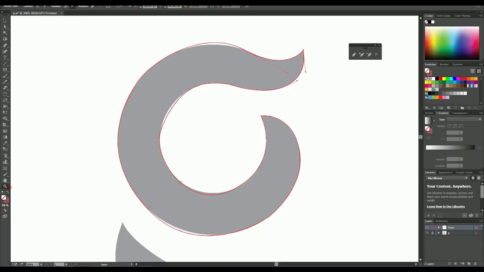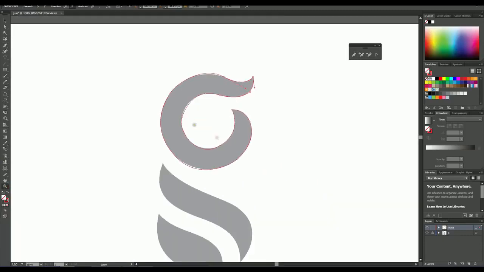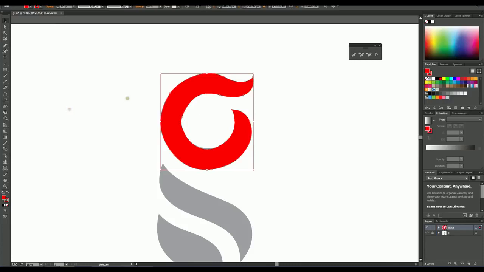So if I just zoom out of that again, okay, as you can see guys, I wasn't overly exact. I'm just going to color the whole lot in red for a second. So you can see there guys, I have some nose not exactly right there, okay. So again, what I can do